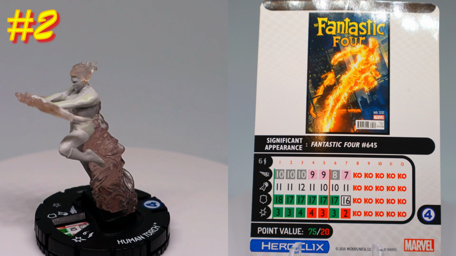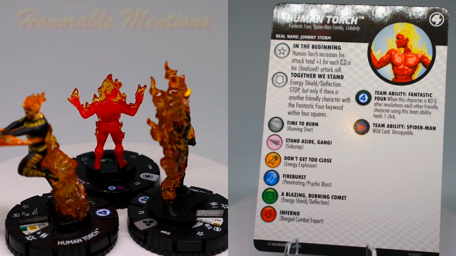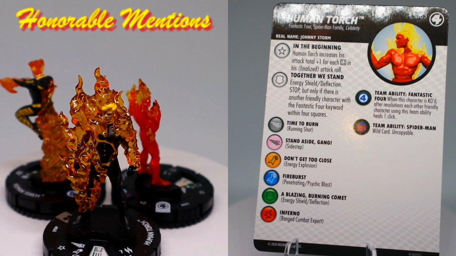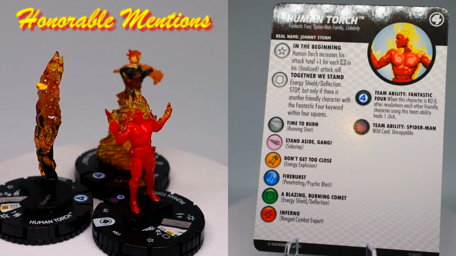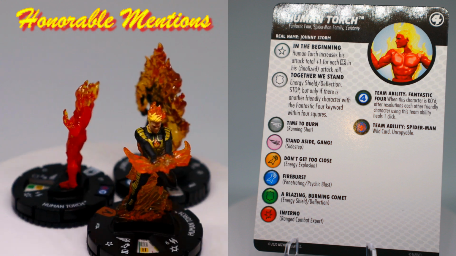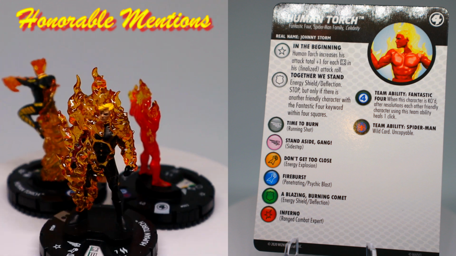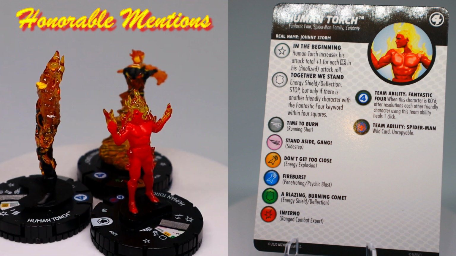But before we get to our number 1 pick, as always, we have some honorable mentions to go through first. So there are a lot of other really cool Human Torches in the game. I actually do really like the common version from the Fantastic Four set. Basic sculpt there, but he does also have a stop click, which is just energy shield deflection again,